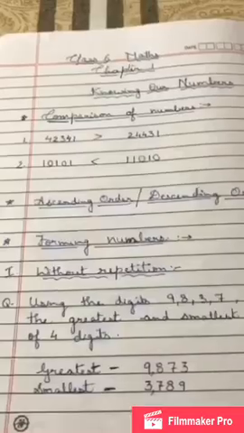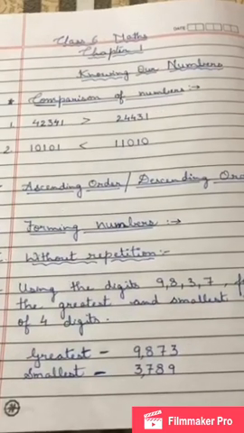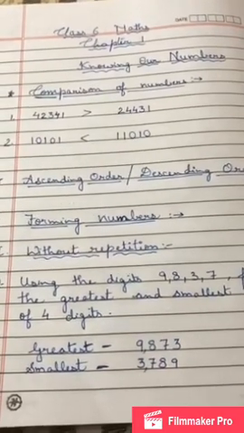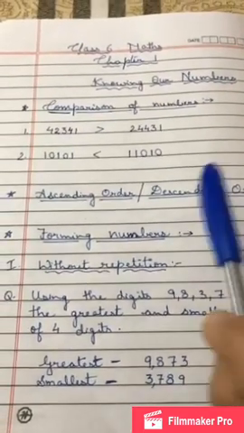I'll teach you maths and today we are going to take chapter 1 of class 6, that is Knowing Our Numbers. In this chapter, the first exercise is based on the concepts which you have already done in previous classes. The first concept that we are going to start is comparison of numbers. You have already done this concept in your previous classes, but still we are going to have a quick recap of this concept. For explaining this, I have taken two numbers,